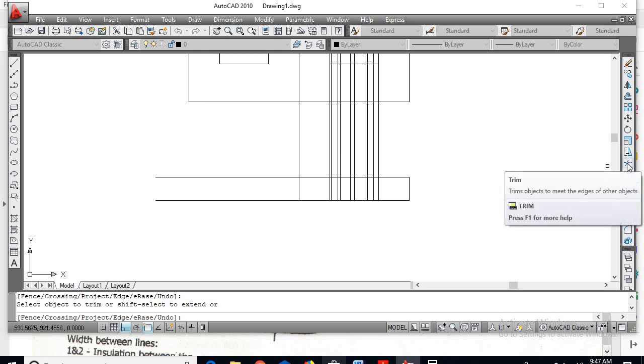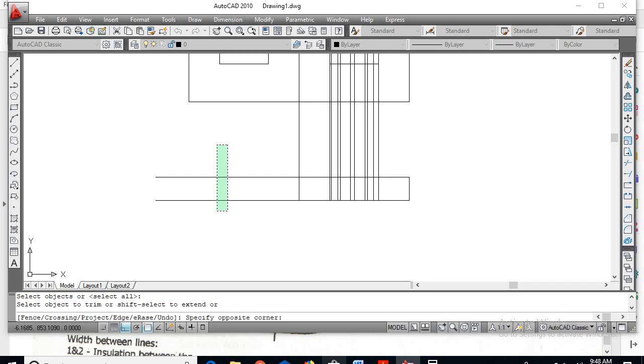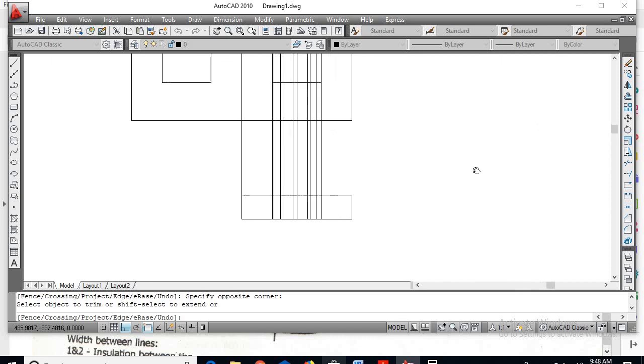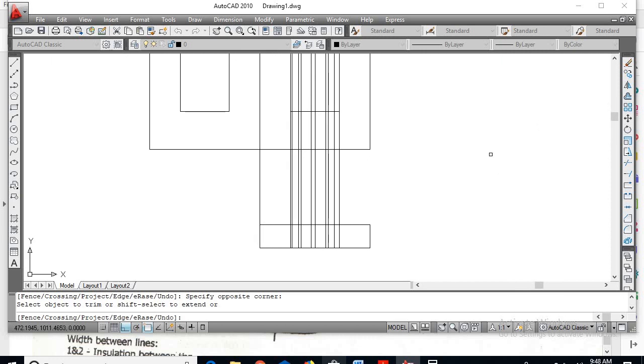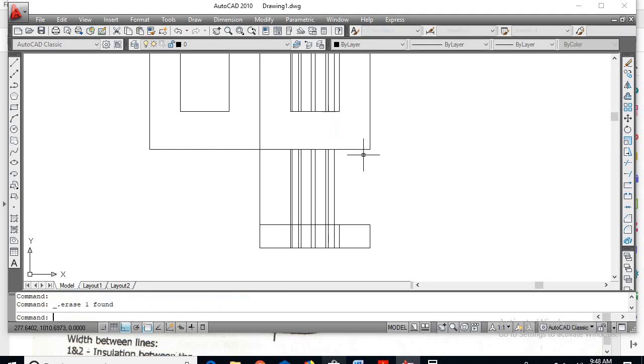So now again go for trim command, right click, remove this portion. So later we'll see. Okay, so now again this is the outer line of the outer leg. Even this is not required, so remove this, and here also we will trim the lines. So there is the single, I cannot trim, I'll delete this.